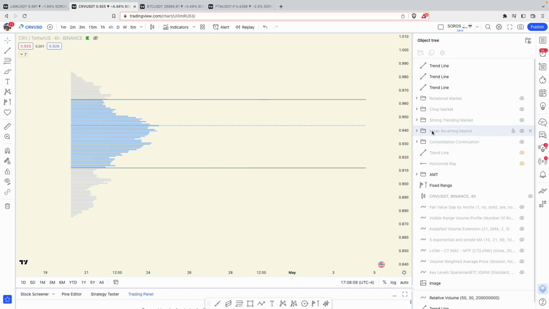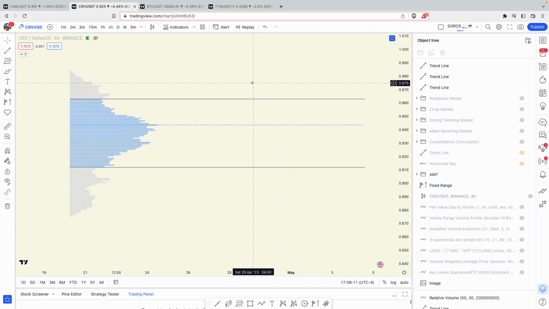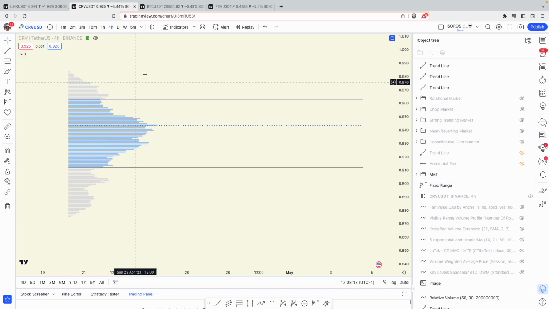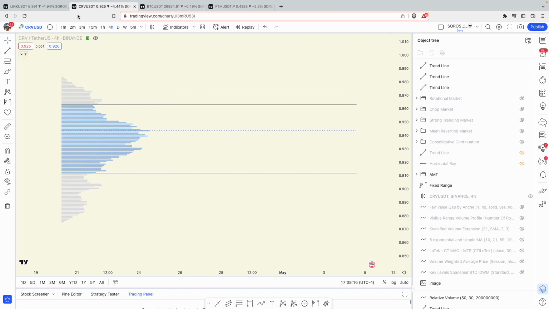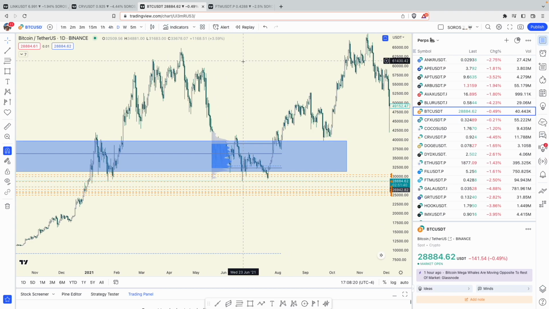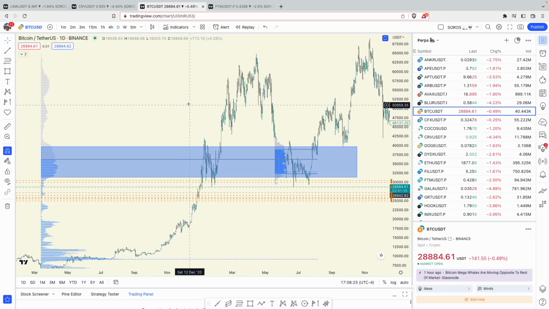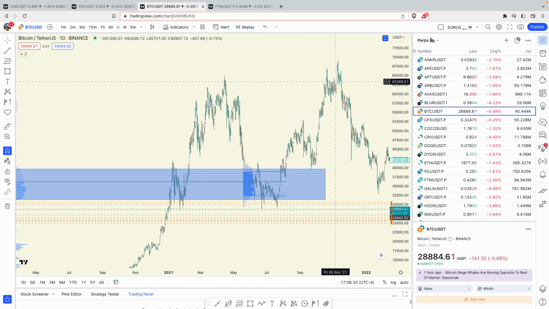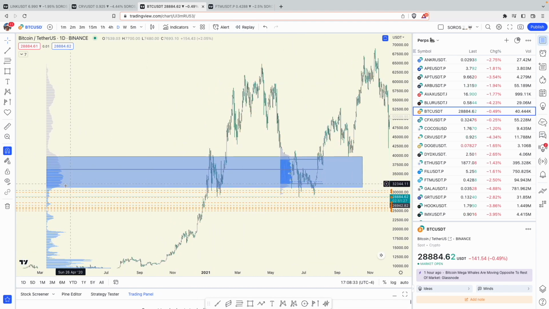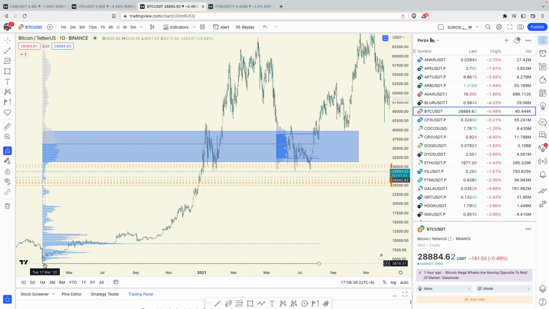All right, so those are your different variants within auction market theory of how to use the visible range. And we'll get into a live example next. So here's one with BTC. On that bull market cycle where we broke 20K and then started to rip up to 69K, going into it, if you just take a visible range from the COVID lows to this consolidative range over here,